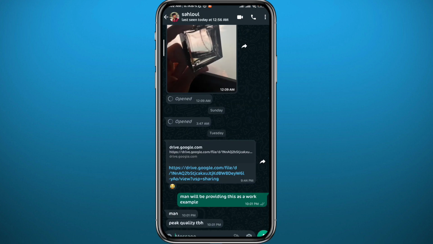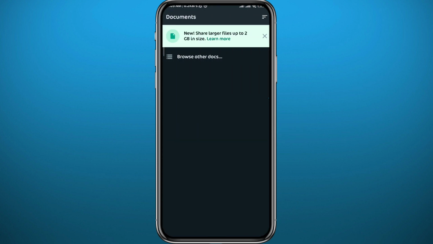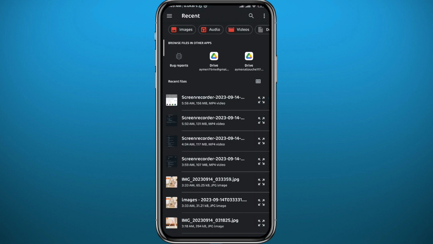Once you open the conversation, tap on this attachment icon at the bottom right next to the camera icon right here. Now, instead of photos or camera or gallery, tap on documents. Here you will find all types of documents. To filter out the images or the videos or both, tap right here in the top left. It will take you to this window,